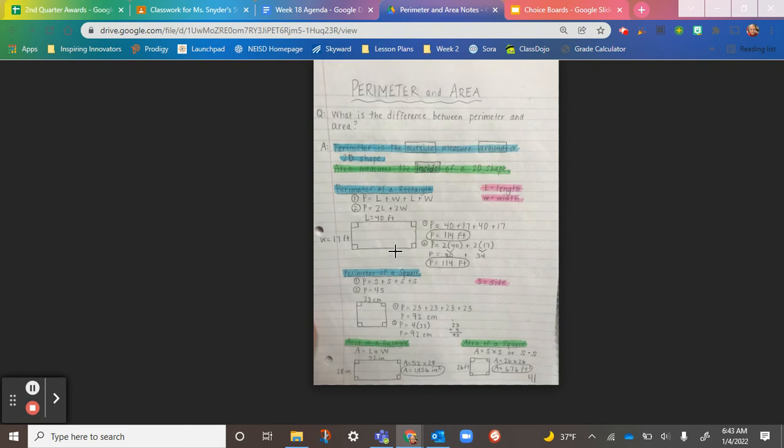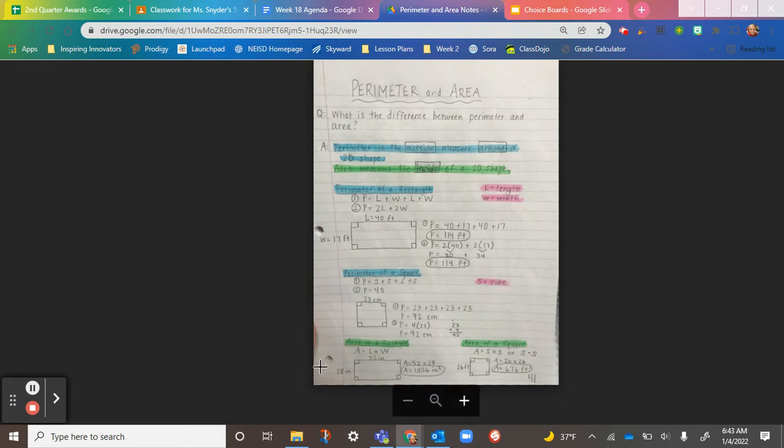Then here's an example problem of that. Then here's perimeter of a square. So if you have a square, you have four sides that are the same. So instead of saying length and width, L and W, we replace it with the letter S. So again, you can separate it out. You can say P equals S plus S plus S plus S, side plus side plus side plus side. Or you can combine that, since you're doing repeated addition, and just do 4 times one of the sides. Each of those gives you the same answer. And then here's the sample problem that we did. And again, that S is standing for side.